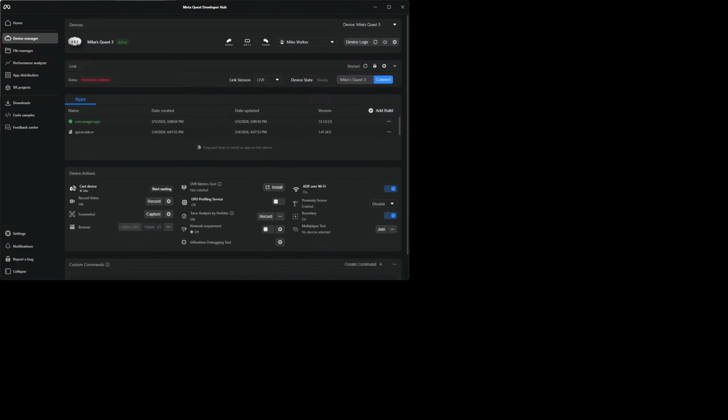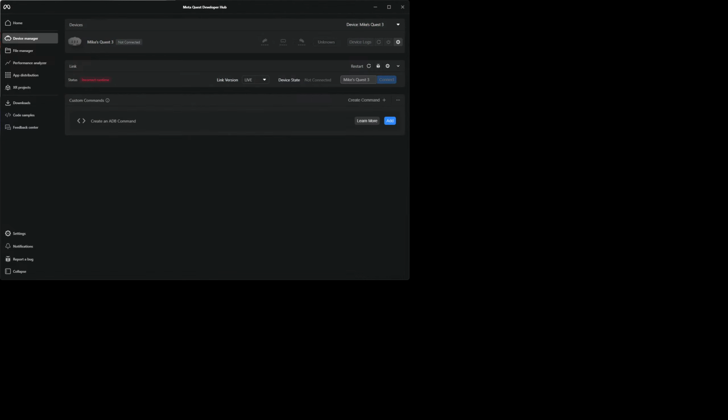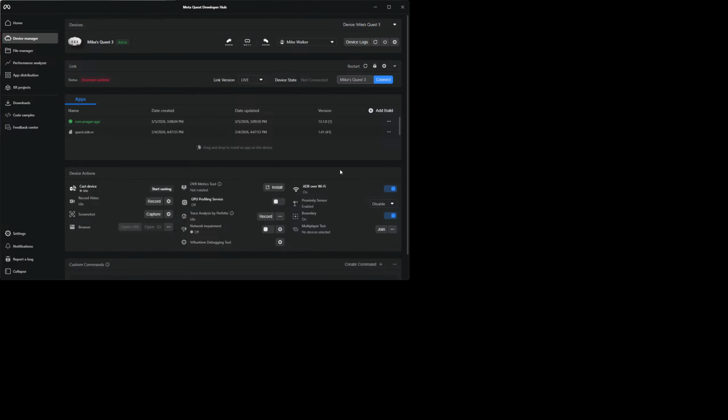Okay, now it's running TCP/IP mode. Now I'll do ADB connect. There. Now I'm connected. Now I'm at a Quest Developer Hub. Gives me the option to cast. Start casting.